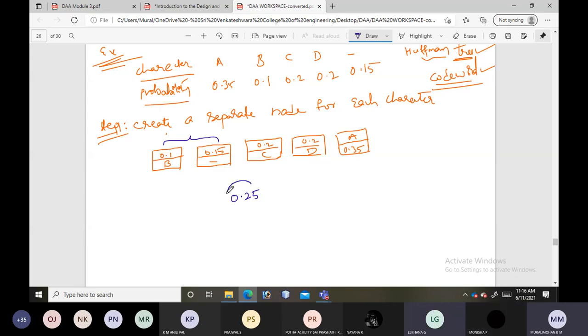Yes, sir. Now I will make this a root node, and to the left of this I will take the smallest value.